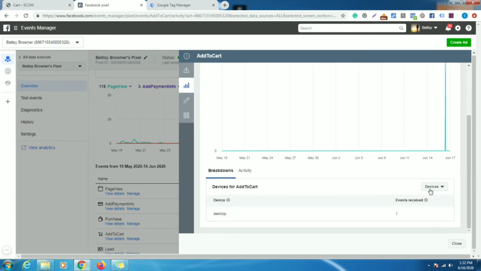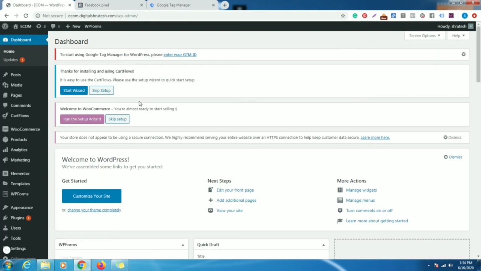Okay, so by using this targeting data, you can retarget. These are the event holders, coming from different IPs, and you can create custom audiences using these custom URLs. You can track these events and create custom audiences or lookalike audiences, and retarget them. In this way we can track all the activity related to our e-commerce site.